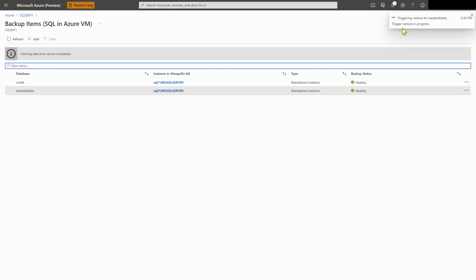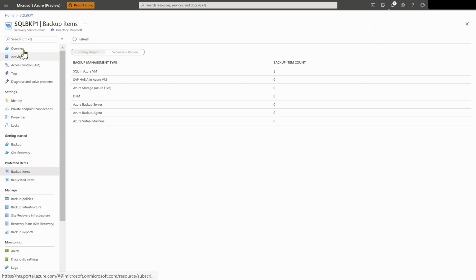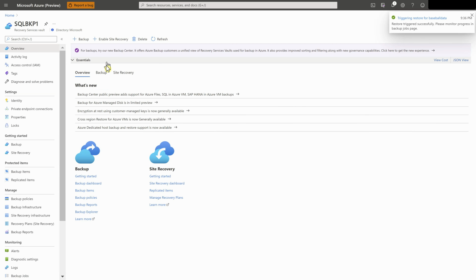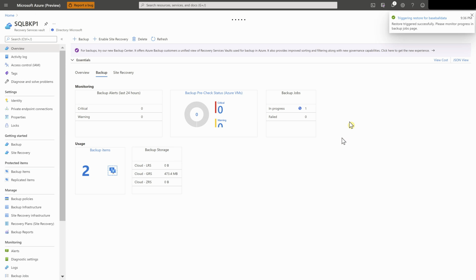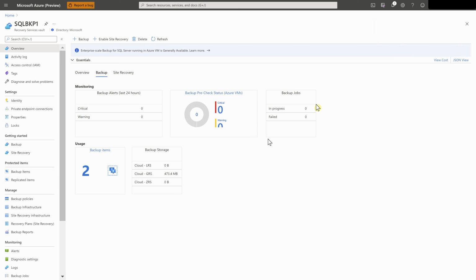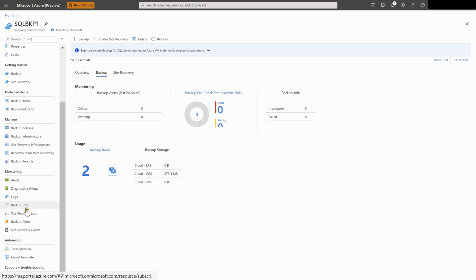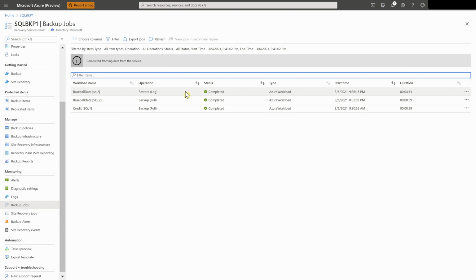You can see the service has already launched the restore. And when you go back to the overview of the backup and take a look at it, now it will show a job in progress. Let's refresh. It is still in progress. So now the job is completed. It is no more showing in progress. We can actually go and see in the backup jobs, the top one has been completed successfully. So let's take a look at the SQL2 VM.